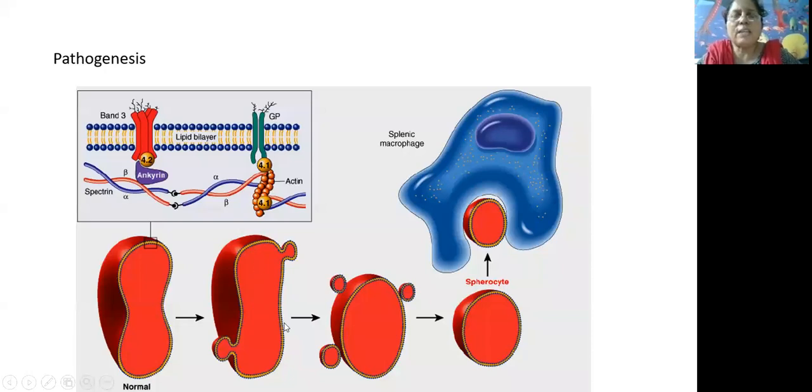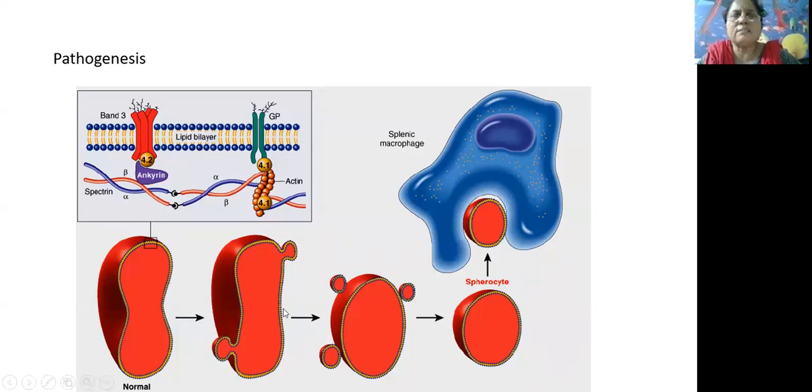The spherical cell cannot take much fluid inside. This is a normal cell, and in spherocytosis, it is spherical, so it cannot squeeze. So small portions of microvesicles